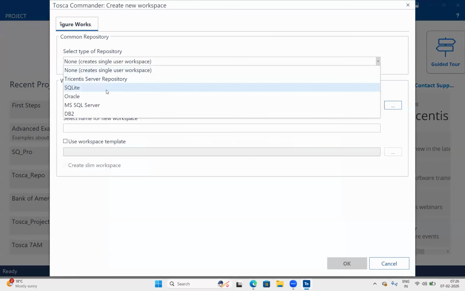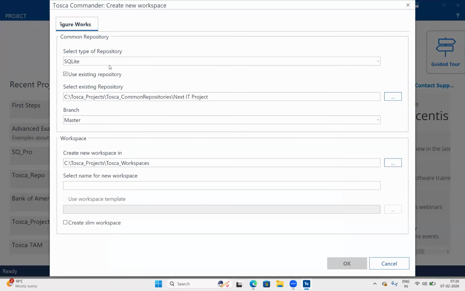Go here. Right now I'm choosing SQLite server. Once you select it, one option is enabled by default, that is use existing repository. This is very important to understand, because in real time we always use this particular option to create a project.